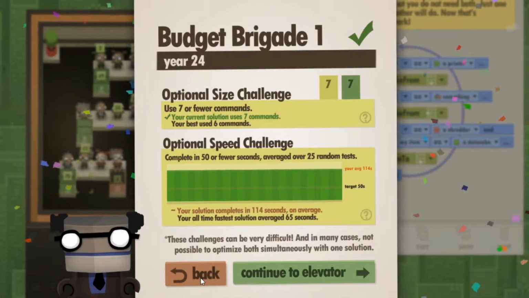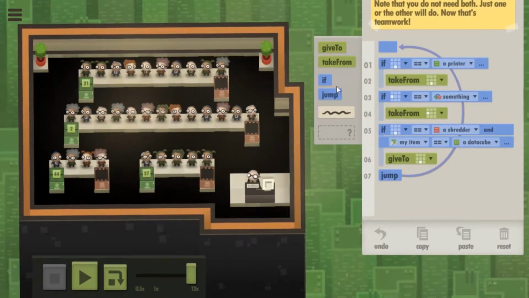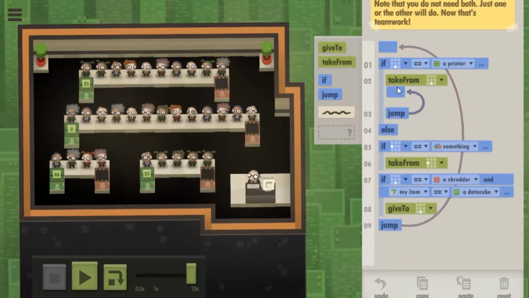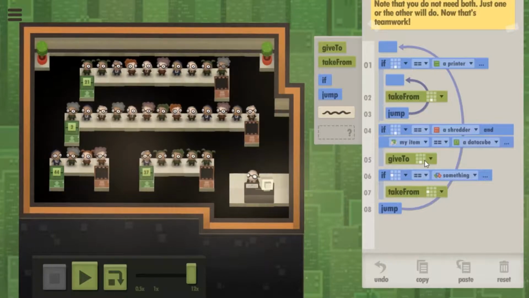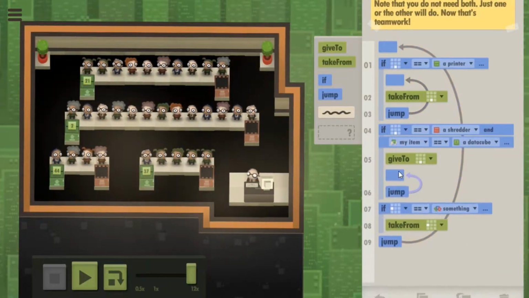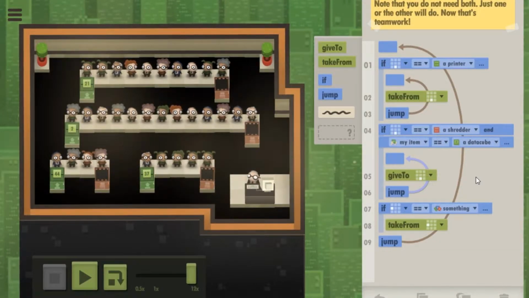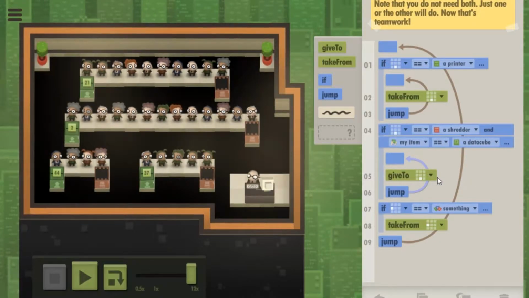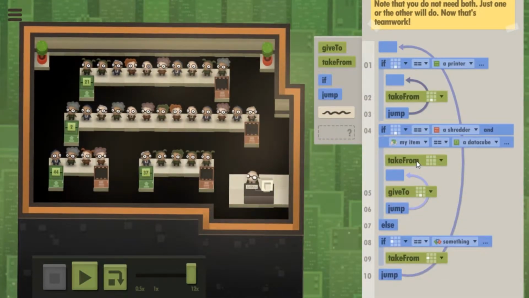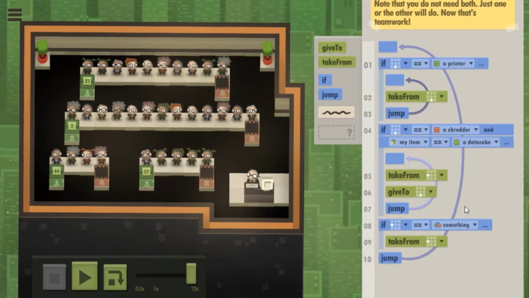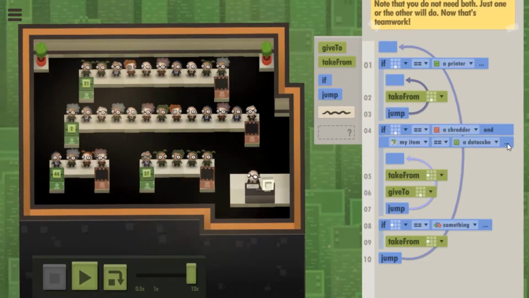Yeah, you don't need to do the recheck. You could have, if down is a shredder, take from forever. Yeah, yeah. Well, that's not quite... Well, you could actually put a take from left there. In here, yeah. In fact, take away the my item is data cube.